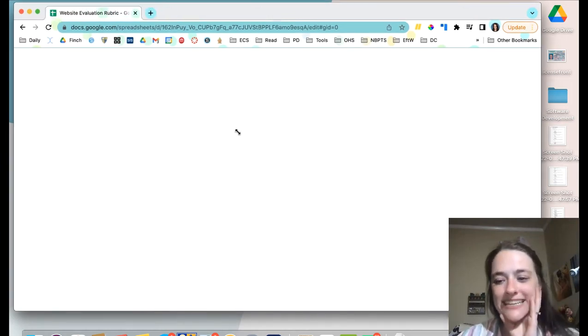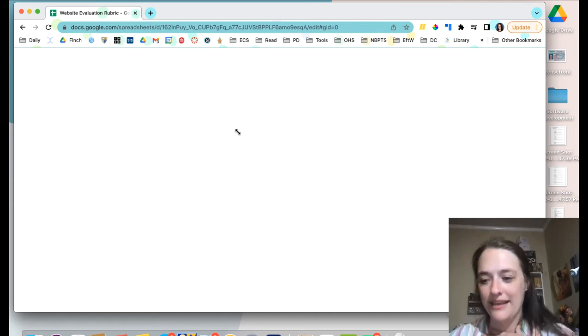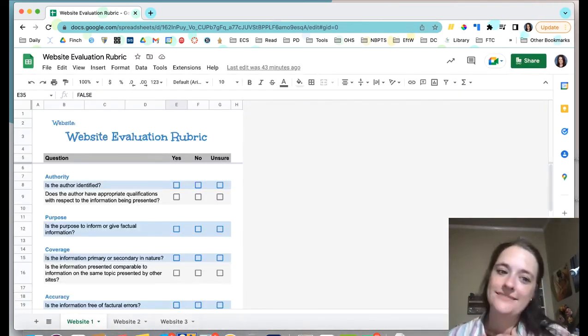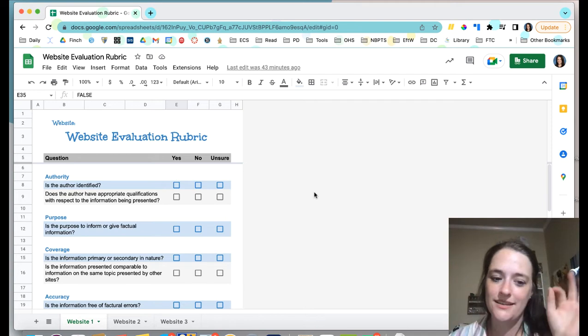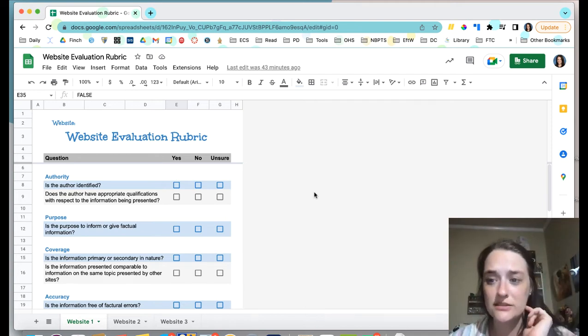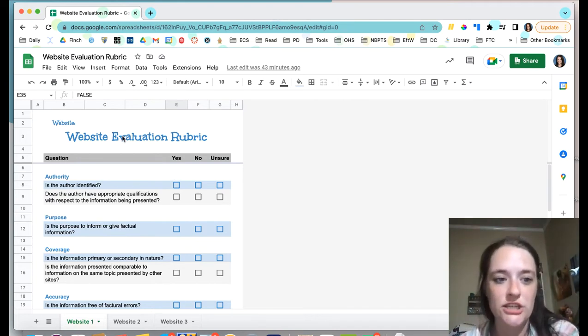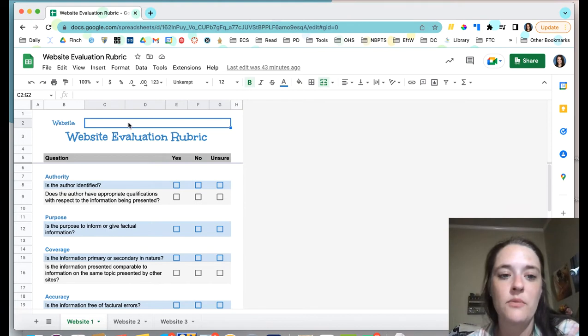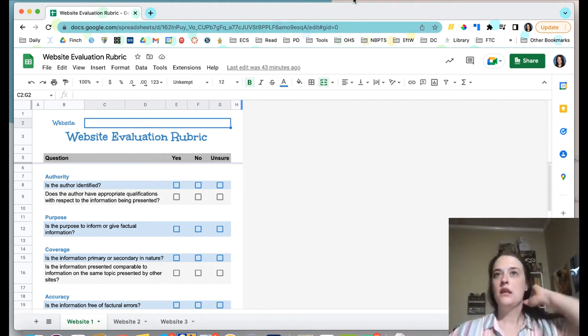The next thing we're going to look at is something that I made. Again, it's in Google Sheets because Google Sheets is actually the bomb, in case you didn't know that, okay? So this is a website evaluation rubric. It is a rubric to help you determine if a website is reliable or not. So what you're going to do in this activity, you're going to make a copy of this, okay? And then